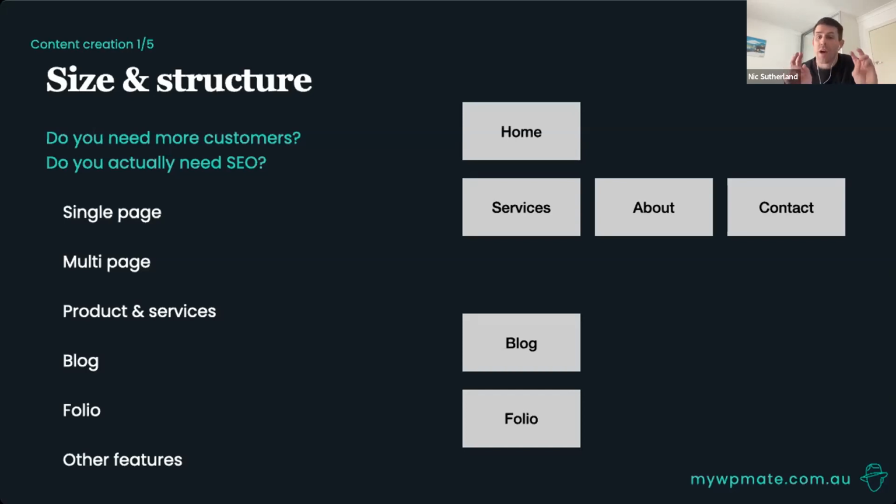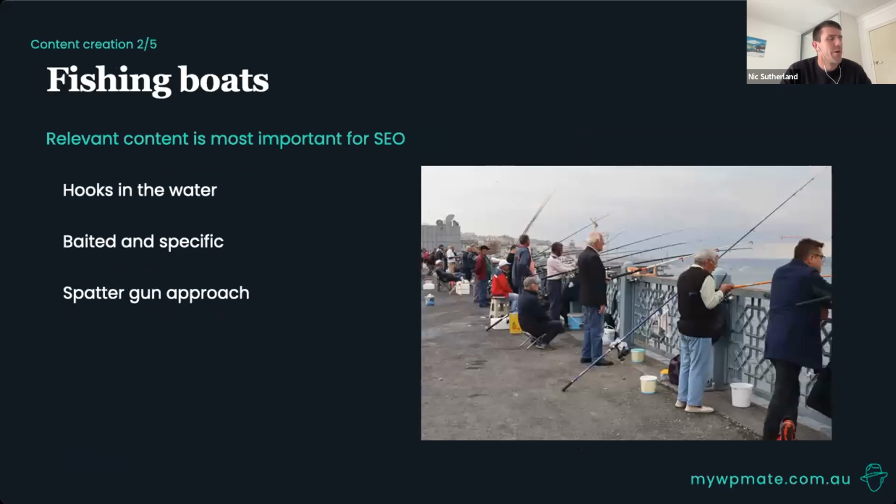However, if you need more customers, a website with multiple pages, a website with a blog or a project gallery can be important to really increasing your visibility in the search results. That's because more pages are kind of like more hooks in the water. And optimized pages with well-written content are like the correct fishing lure with the right bait on the perfect change of tide in that really good fishing spot that you've nailed in the GPS.